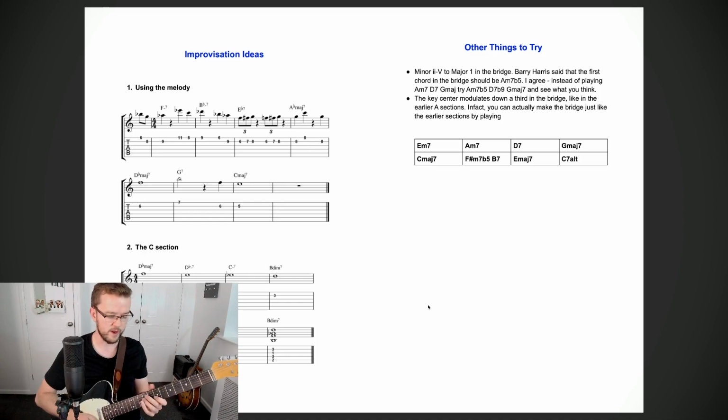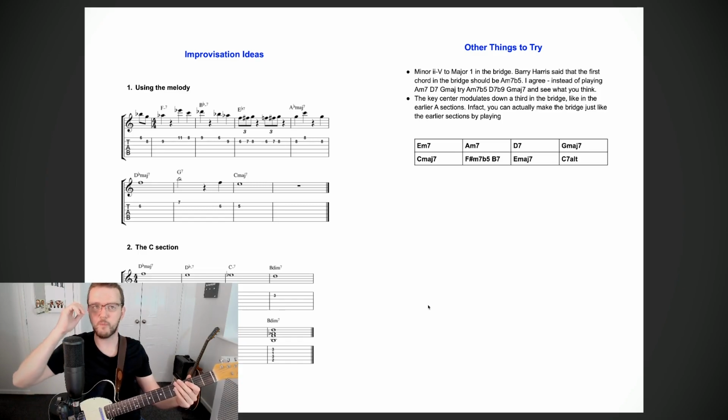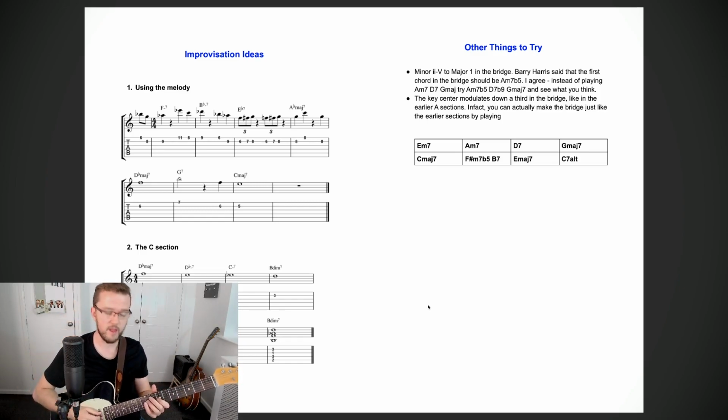So as you'll see it written in a lead sheet in a real book, the melody would go, and here D7 flat 9, natural 9, then to G major 7. Barry Harris says that that first chord should be an A minor 7 flat 5. Here's the difference. Here's the bridge now with a flat 5 instead of a minor 11. Personally, I do think that the minor 7 flat 5 sounds a little bit better there,